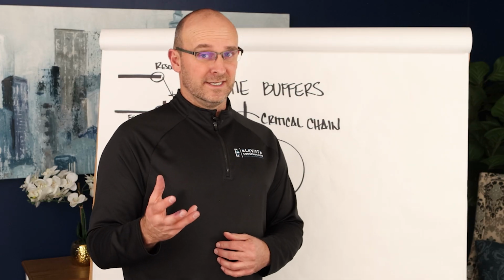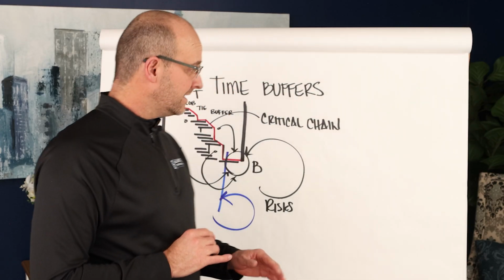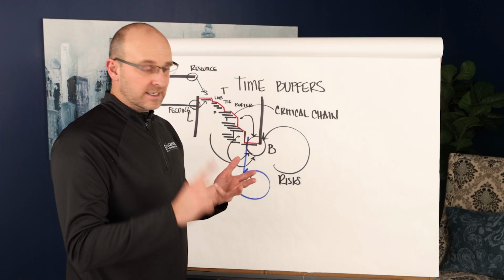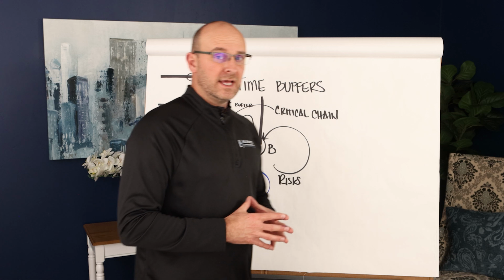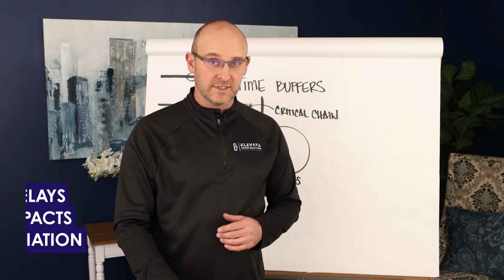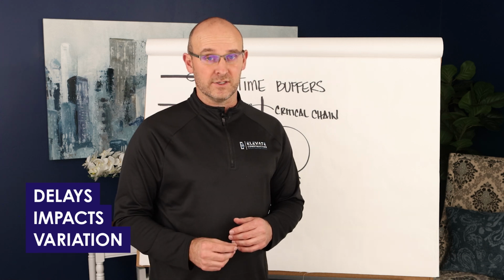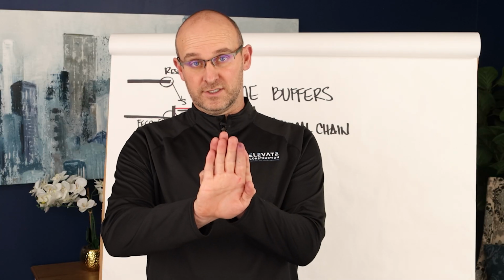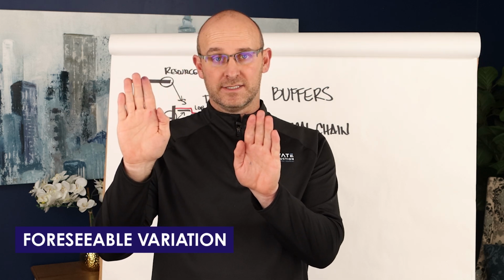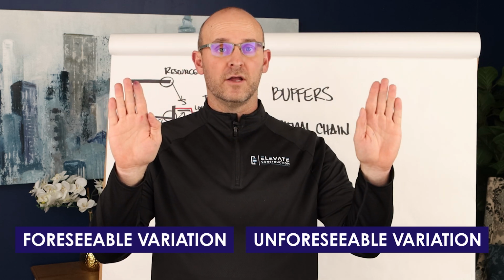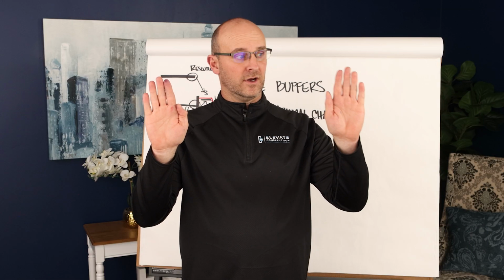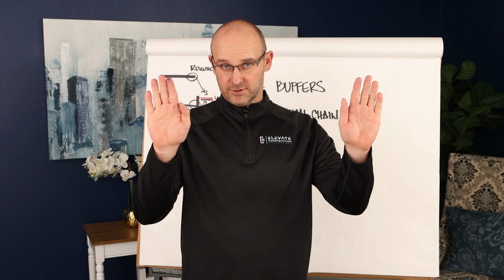The bottom line here is this, and everybody must know this. Yes, we want to plan projects to where there's as little variation and as little impacts and as few delays as possible, but that is not going to always remove all of them. If you're in construction, you will have delays, you will have impacts, you will have variation. There's a difference between the types of variation, let me say foreseeable variation and impacts and delays, and unforeseeable variation, impacts and delays, right? So this is something like acts of God, weather, that isn't a historical pattern, right?